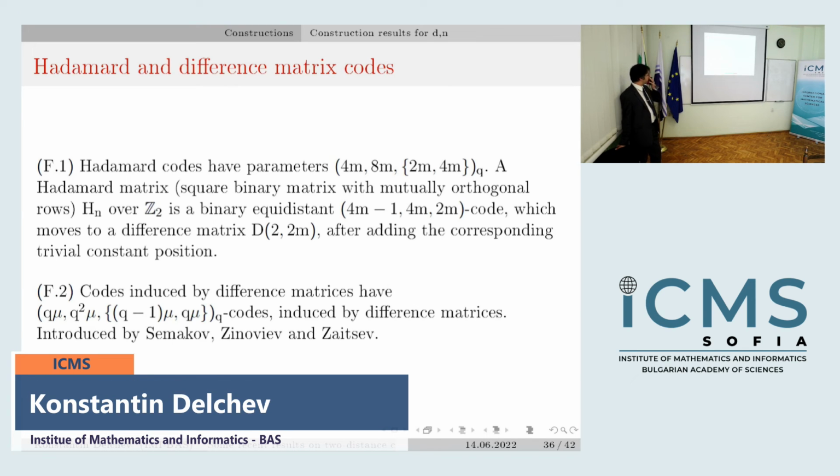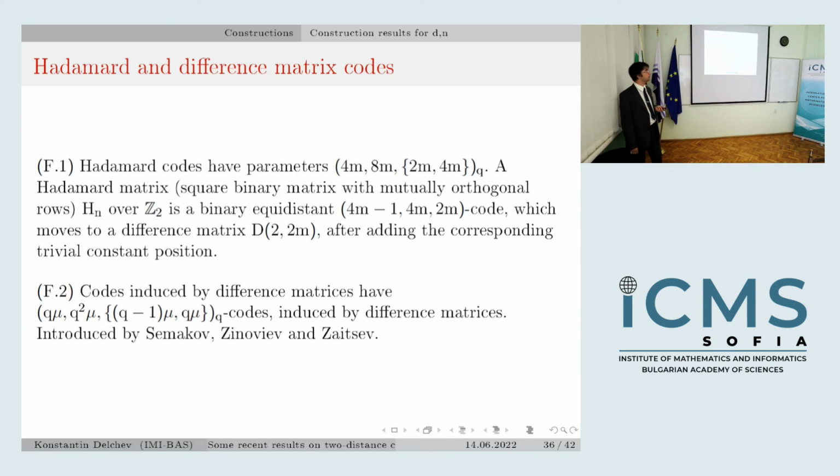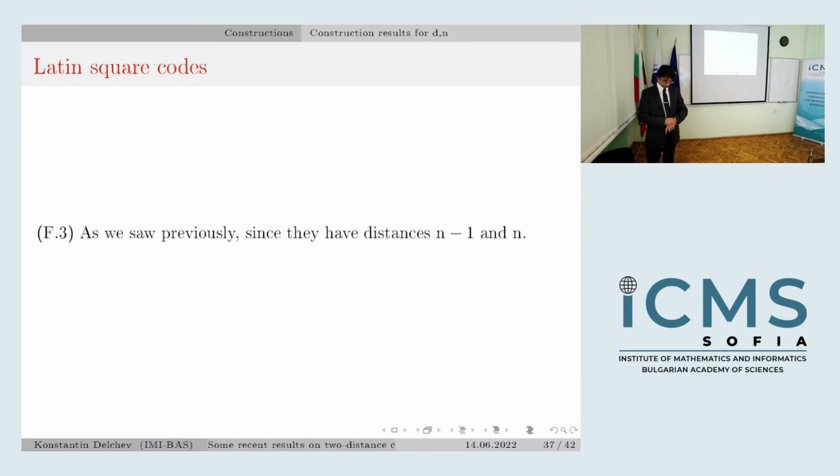And again, the codes that we obtained from difference matrices by Zinoviev, Semakov, and Zaitsev in 1969. Latin square codes, as we also mentioned, are codes that have distances n-1 and n, so they fit. However, there are various issues with how many of them there are. And interestingly,